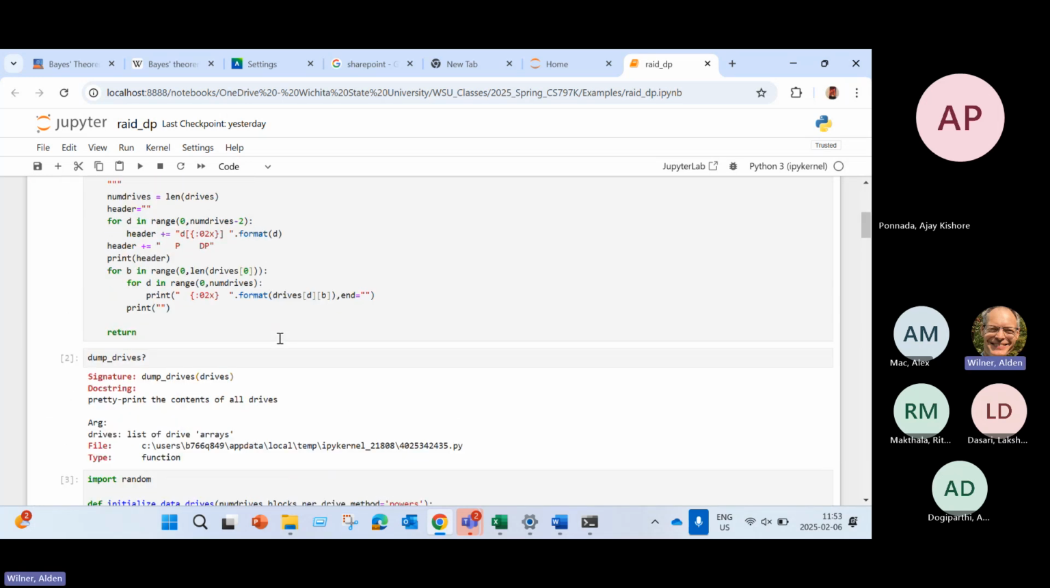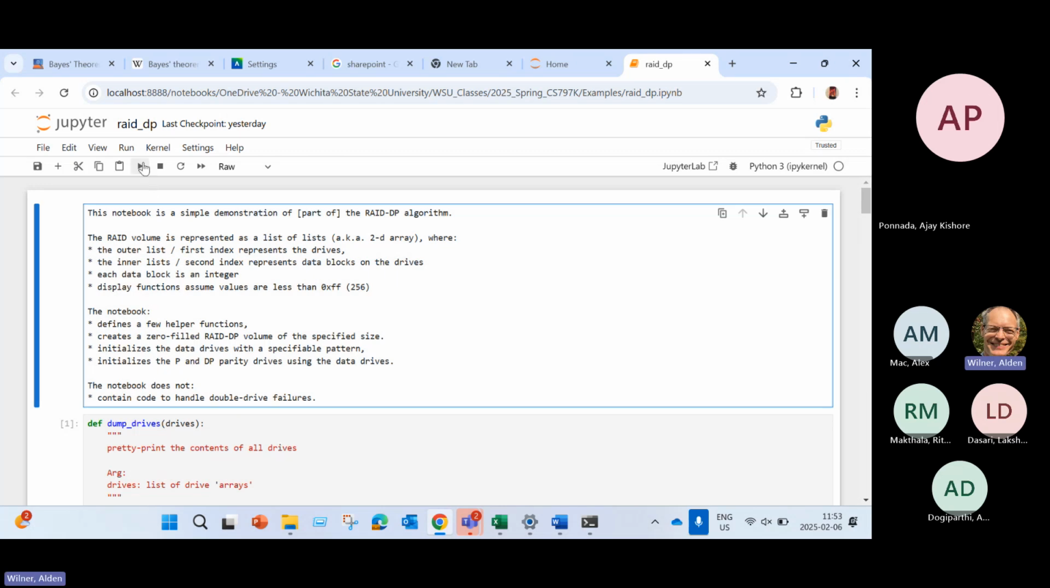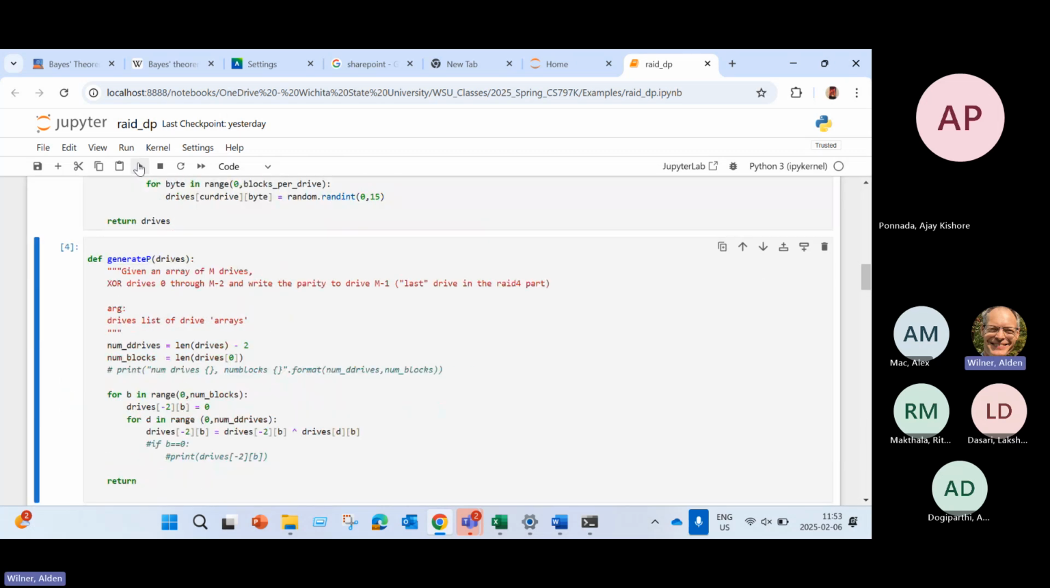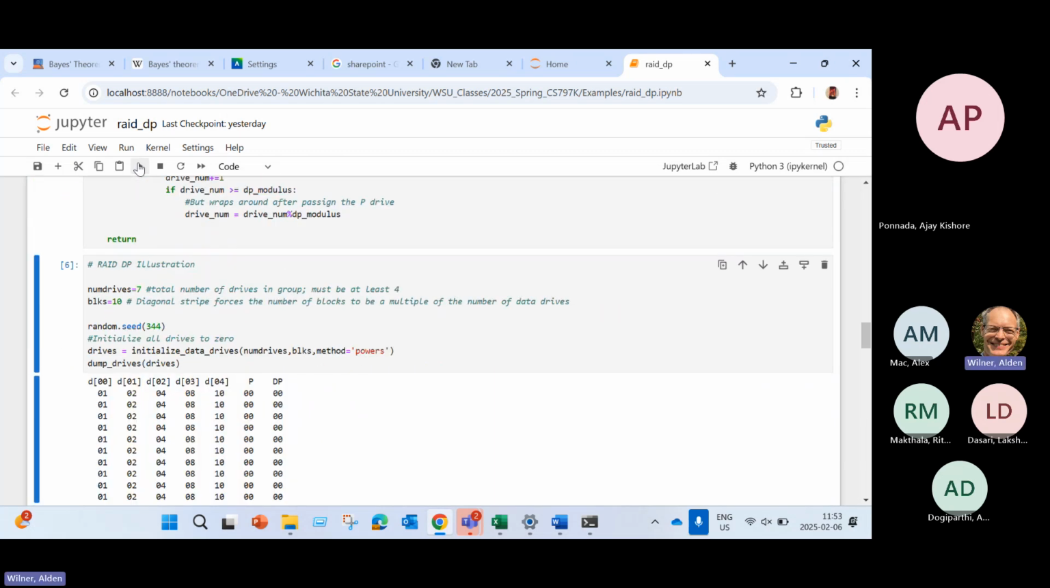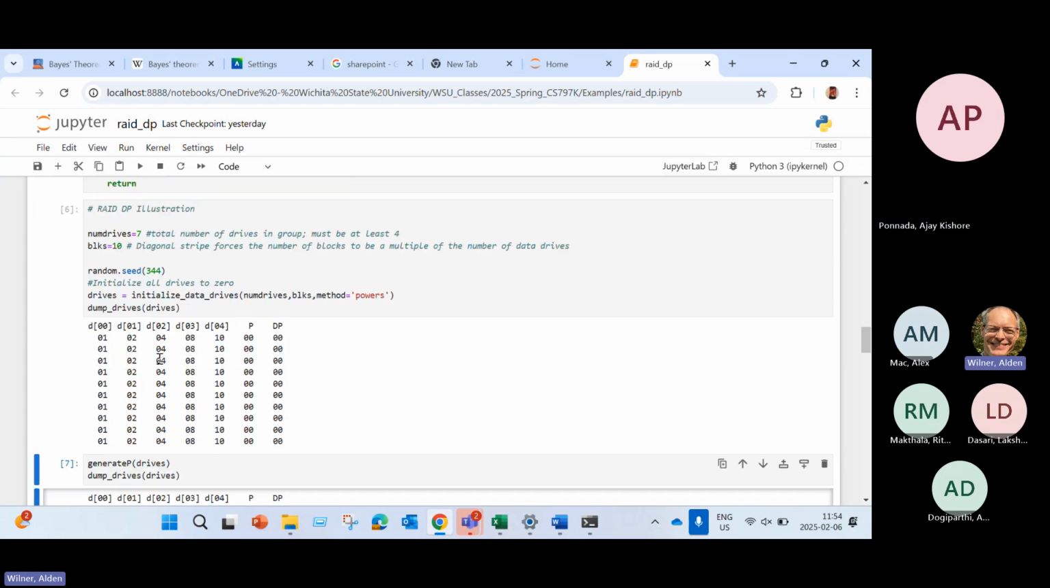So let's go ahead and I'm going to run the code down to about the 4th or 6th cell there. So now we go ahead and say the number of drives is 7, blocks is 10. We're going to use random. We're going to use actually the powers method of initialization. So we initialize a random number if we want to use the random, so we get the same stuff every time for the examples. And we initialize, and you can see that on drive 0,